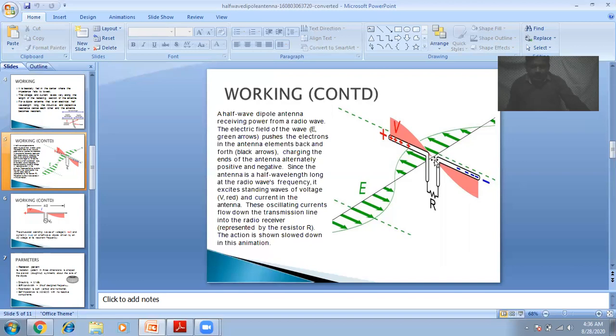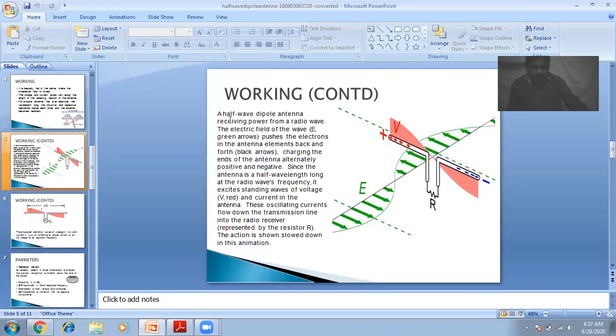The people will be asking why this is called a center fed antenna. Why do we have to apply the power at the center only? Like that, the people will be asking questions. Then you have to tell them that this is the current distribution and this is the voltage distribution, and the voltage is minimum and current is maximum at this position. So the ratio of voltage to current is minimum, so it is presenting minimum impedance at the center. Therefore, we are applying the power at the center, and therefore it is called a center fed antenna. Like that, you have to answer.